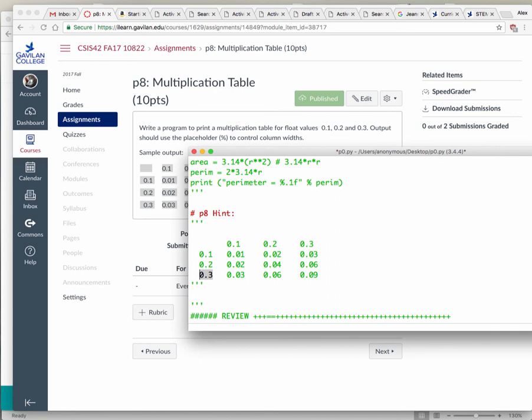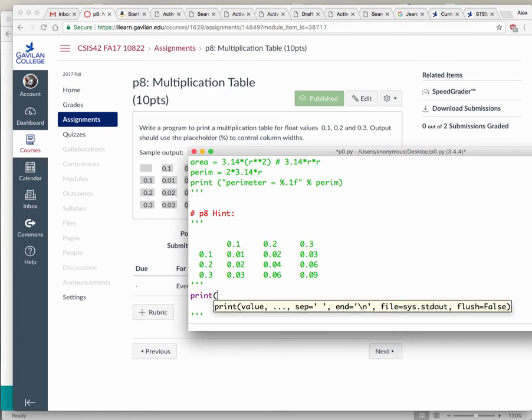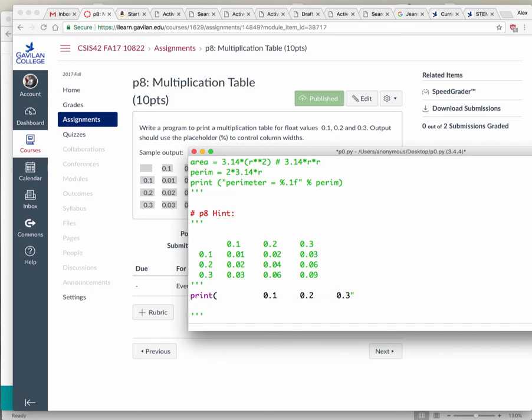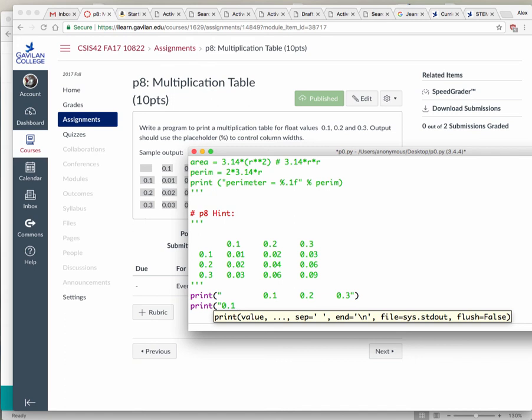Okay, so how do we do it? The first thing I will do is I'll just get this stuff here, copy it, put a print, throw that stuff in there in quotes, preferably. Okay, then underneath it I'm going to have a print 0.1, right? And then inside here is what I'm going to have a %.1f. This one is going to be a %.1f. This one is going to be a %.1f. Okay, and then in here I'm going to do a percent, and then it's this one here is equal to